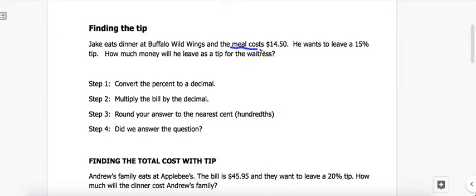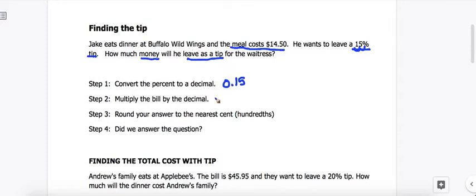So we're going to underline that. He wants to leave a 15% tip. How much money will he leave as a tip for the waitress? Okay, so to calculate a tip, all you have to do is convert the percent to a decimal. So I'm going to move it 2 to the left. So this is 0.15. Okay. Now what you do is you take the bill and you multiply by